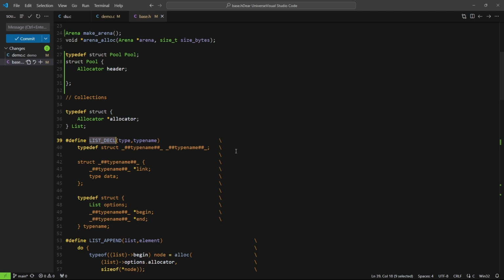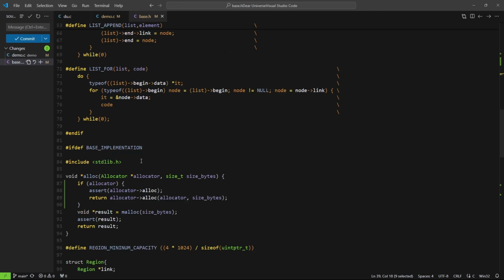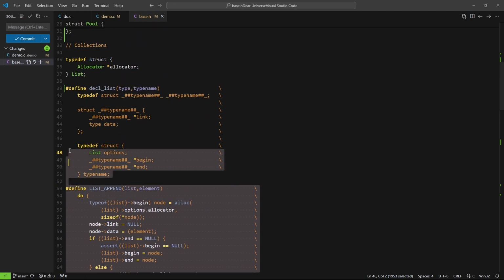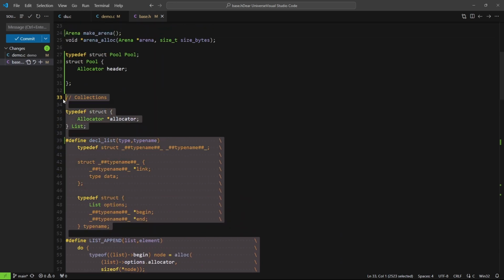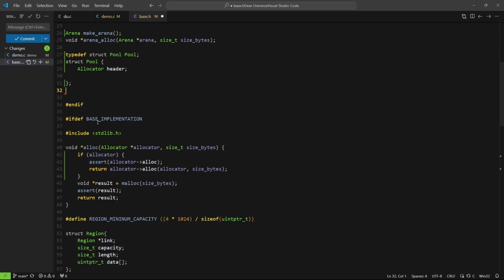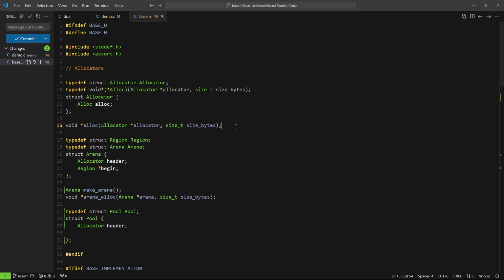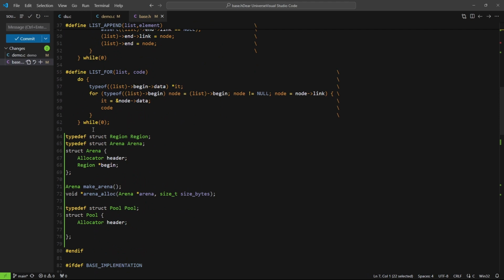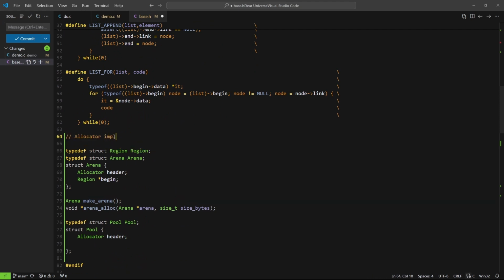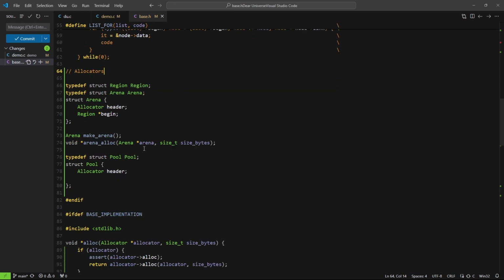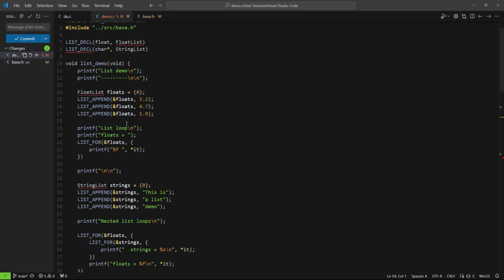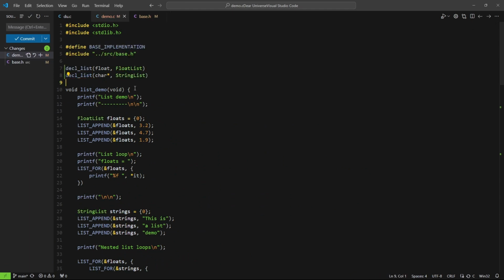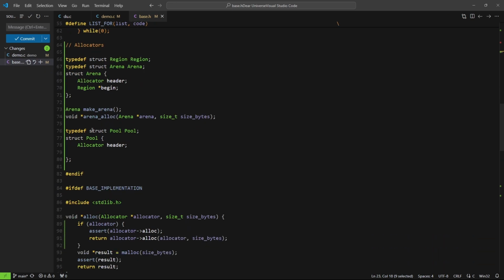So yeah. So let me say this is a decl list, okay, to follow the standard that I'm going to explain later. I already came up with a good, or I think it's a good standard. So this is going to need to be placed here, right? And this is the allocator interface, right? And this is going to be the allocator. So I can change the names later, right? And now I can use this declare list. I just need to change this to be like that, right? So I can use this declare list to declare